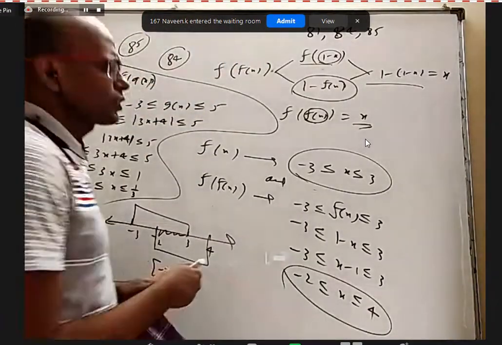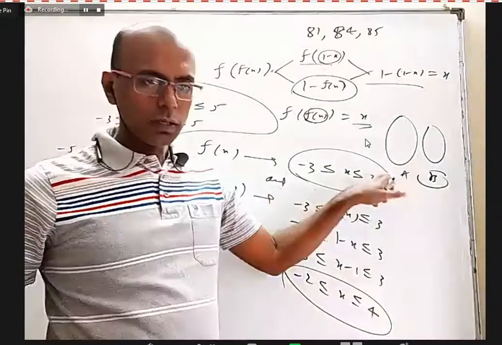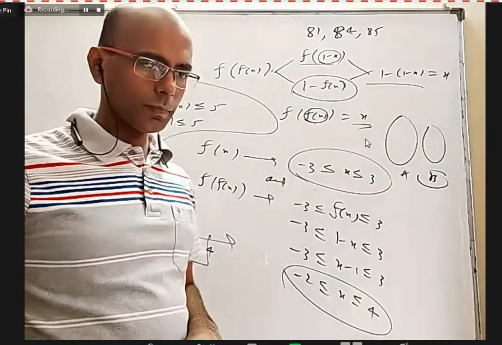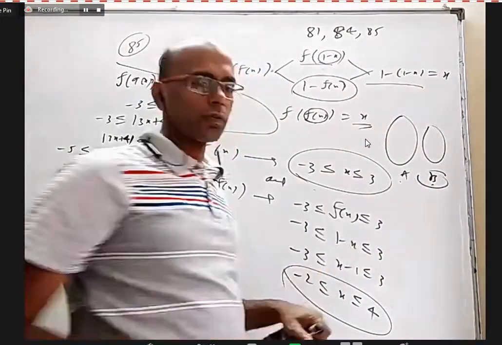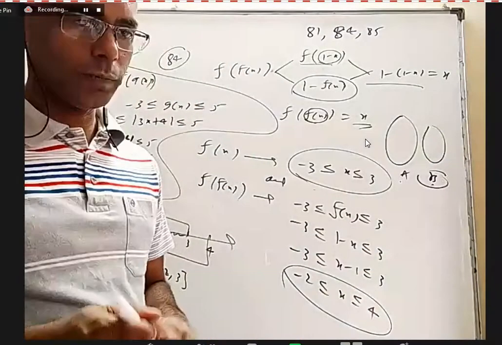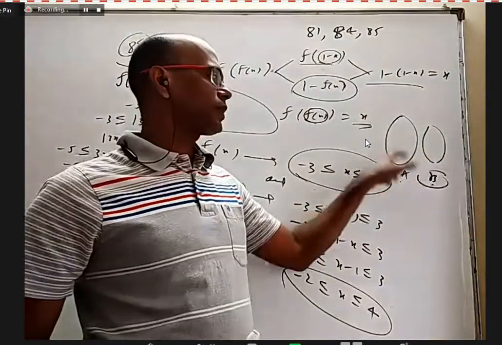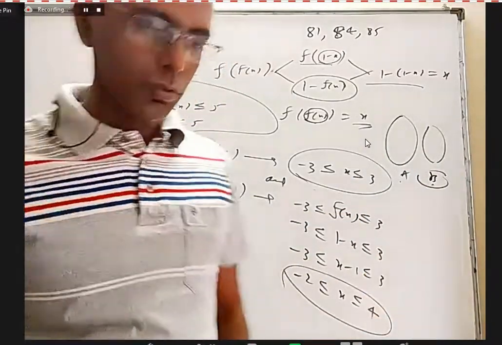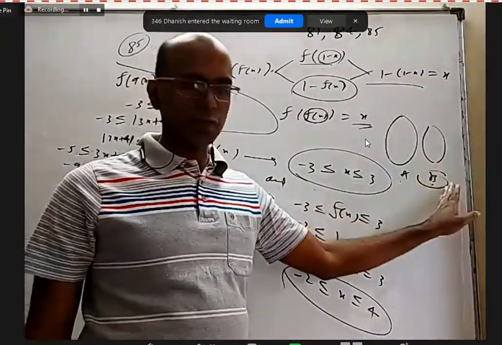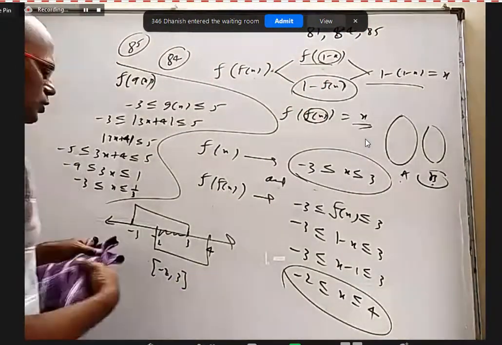If you want a one-one function from A to B, then number of elements in B should be equal to number of elements in A or more. If you want onto function, number of elements in B should be less than or equal to number of elements in A. And if you want bijection, they should have equal number of elements. If this one has less elements than this and you want one-one, not possible. If this one has more elements than this and if you want onto also not possible. So in 98 answer is straight away 0 because you have 5 elements here, 4 elements here. When you have less elements here, one-one is not possible. And 99 and 100 are just formulas for having possible one-one and not.